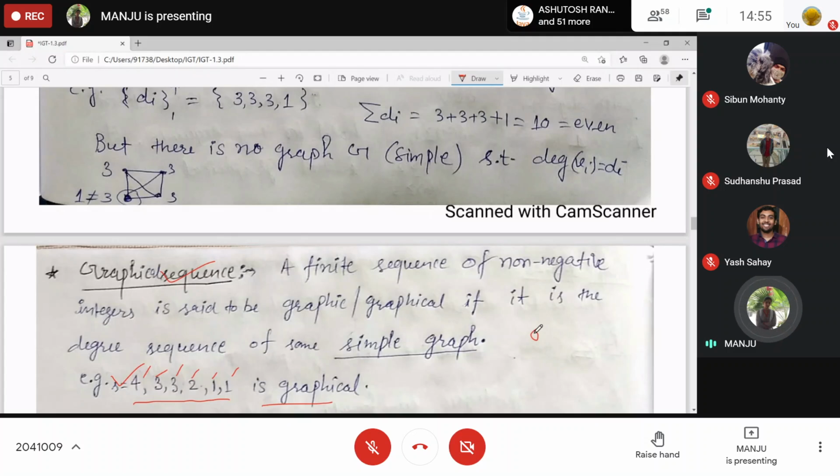So I'm just trying to draw one vertex with 4 degree. So 4 vertices are here. Okay. 2 vertices with 3 degree. So these 2 vertices I am making as 3 degree.